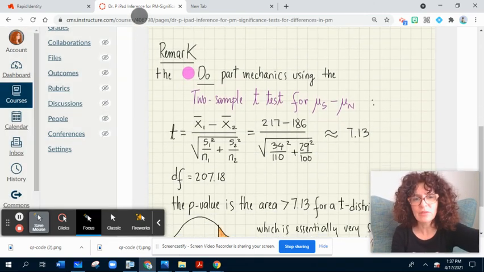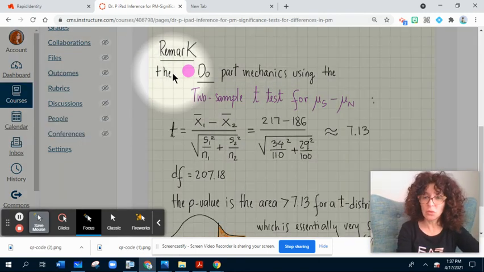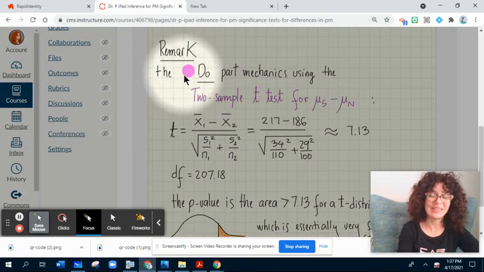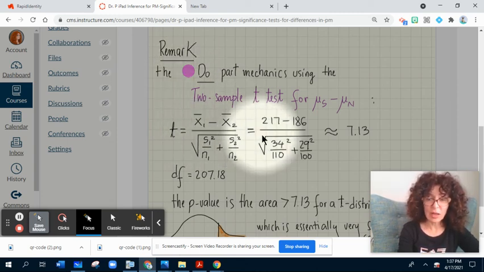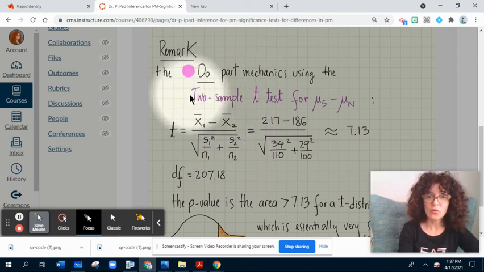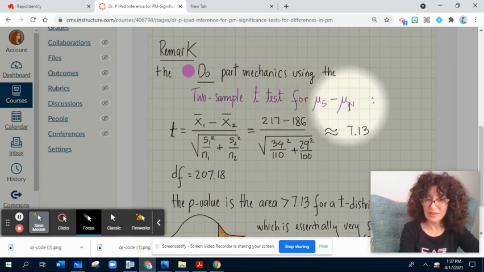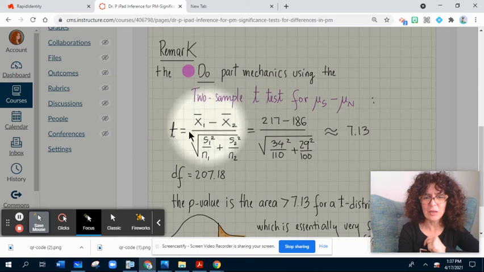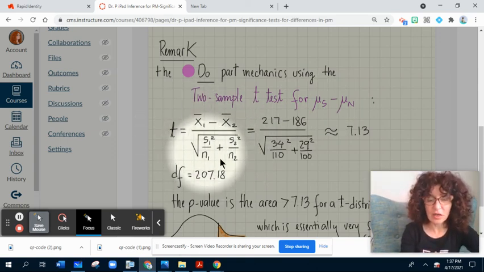Okay, now the final step, the remark. As I told you, the TI-84 is perfect, but many times they ask you to use the formula. Don't forget that these formulas are provided in your statistics worksheet for the exam. So you have them in the paper, you just need to identify them. For two-sample t-tests for the difference of means, this is not provided with the name, but you have the formula. So you have the difference, and this is, remember,